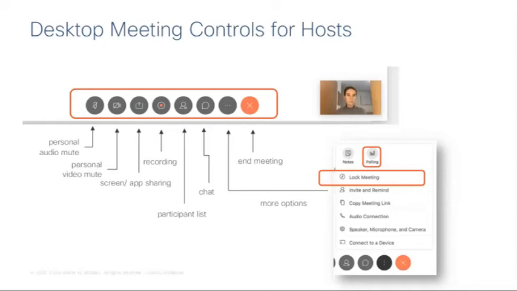Maybe do it after 5 minutes when you've given people ample time to join, or when you're happy with the participants that are already in the meeting and you know no one else needs to join. Polling, I'll describe that in a little bit more detail a bit further on. And if you're already in the meeting and you realise you have some audio or bandwidth issues, you can also choose there to change your audio connection type.